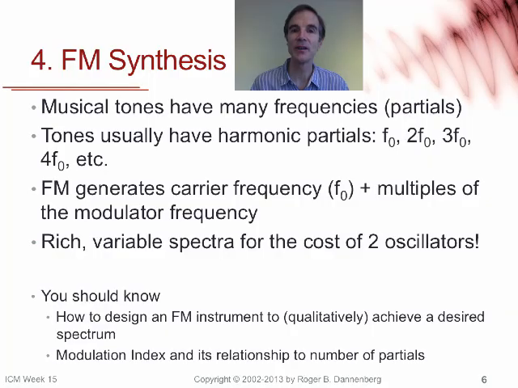FM synthesis generates a carrier frequency plus multiples of the modulator frequency. So by choosing all of the frequencies and parameters carefully, we can generate tones with a strong perception of pitch by generating harmonics, or we can generate inharmonic spectra and many variations. So we get a rich variable spectrum for the cost of 2 oscillators, and that's a great advantage of FM